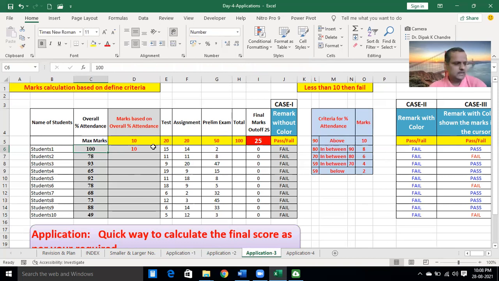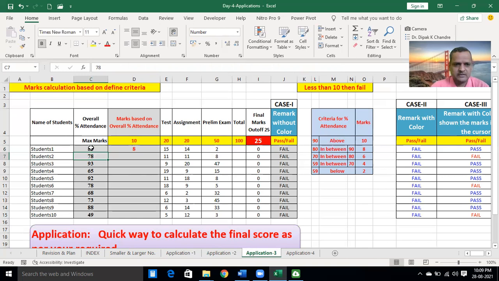This formula is inserted. See, if you write here 59 marks, the attendance mark will be 4; 58 is 2. If you write 0, still 2. If you write attendance 25, still 2. If you write 85, it means 8 marks.